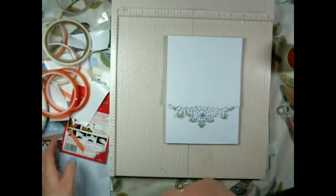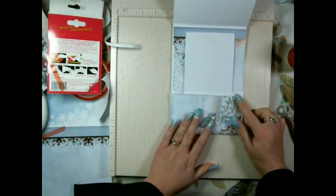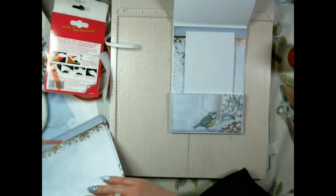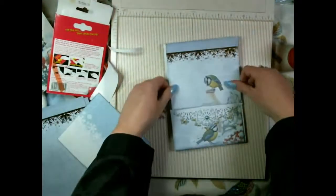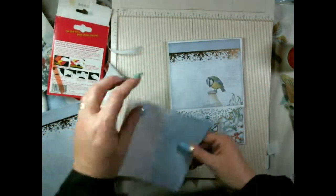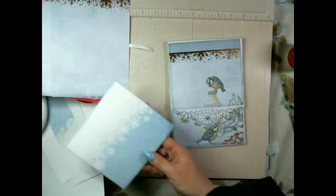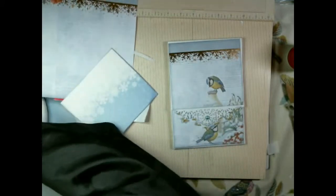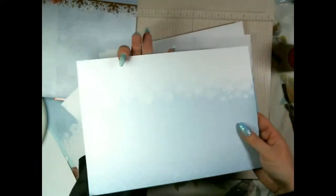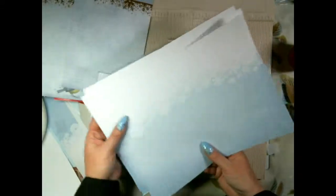Okay, so I will decorate this. I will be using, like I said before, the blue tits and the milk bottle here and here, so that will just carry on. And this is paper that I just printed out. Oh dear, I've got some more sheets of it here somewhere. I quite like this one because it faded to white at the top, so I didn't lose too much of it. And I've just been cutting out sections of it, and that's just the backing paper that I should be using for the rest of the